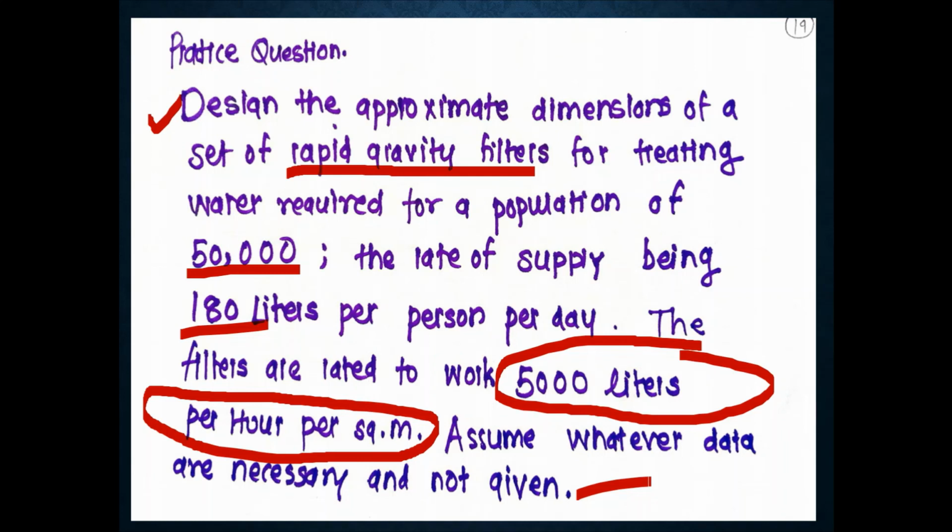And don't forget to draw the layout. It is very important because it gives a clear idea that you have understood how these filter units are placed in series and why they are placed on either side. This is the general important diagram you should draw at the last. It creates a good impression.